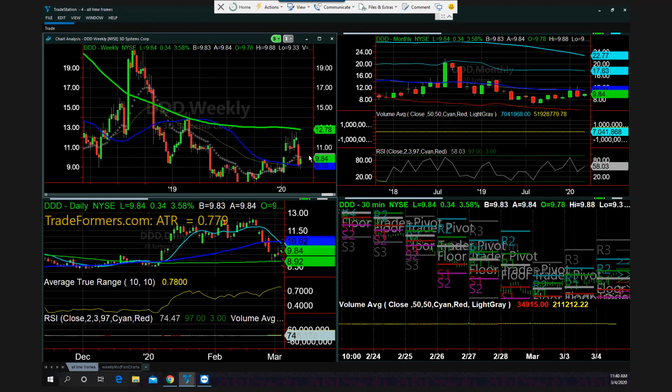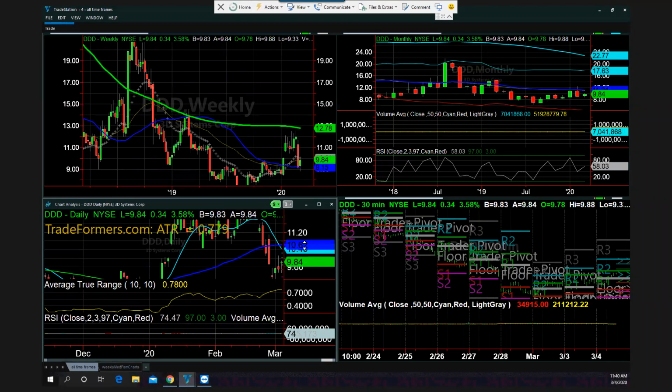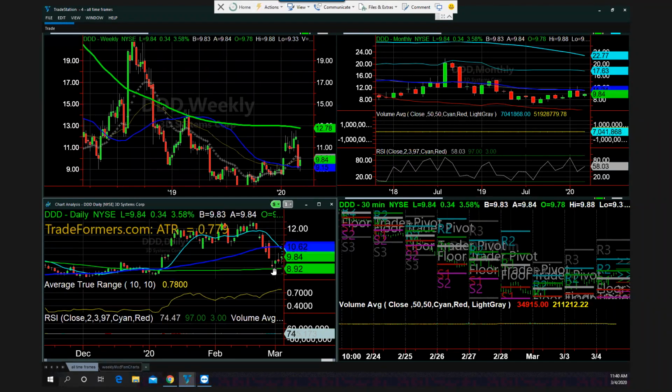So to me, if it breaks out over 10, it's not quite back over the 50, but at least we know that we have a good line of support here at around 9. And you can see today so far it hasn't been able to clear that R1 level either. So that would be one of the ones I would choose that is in a decent phase, but not in a strong phase.